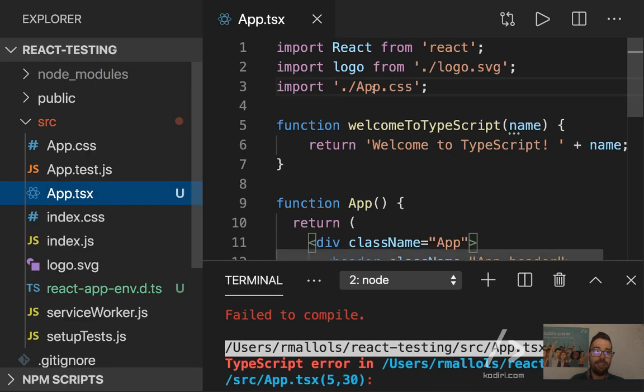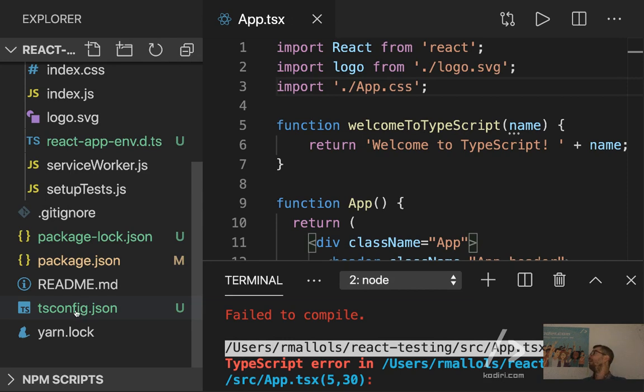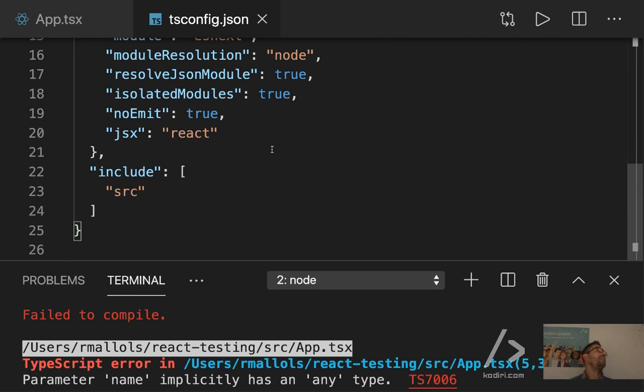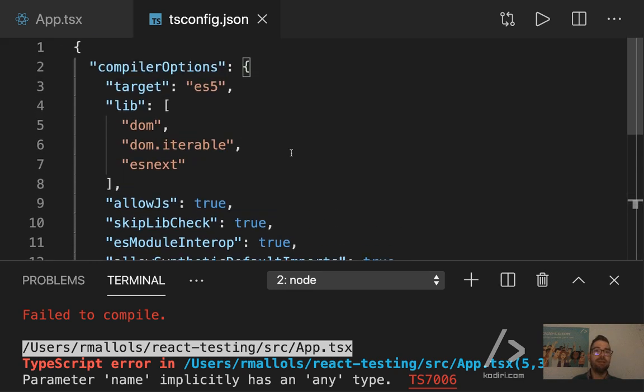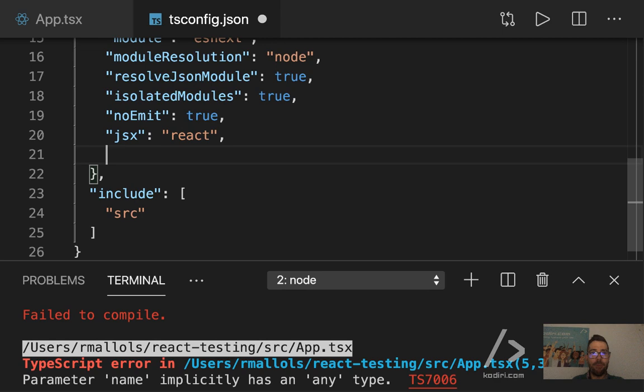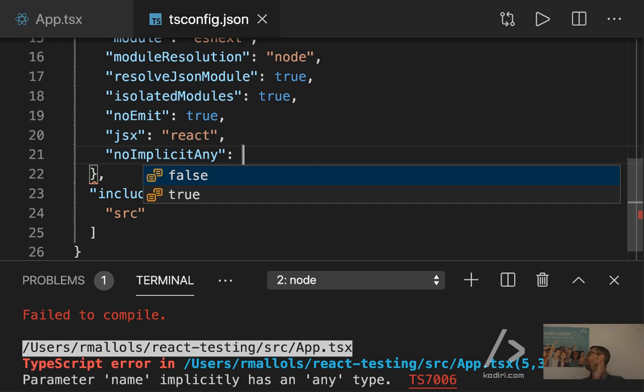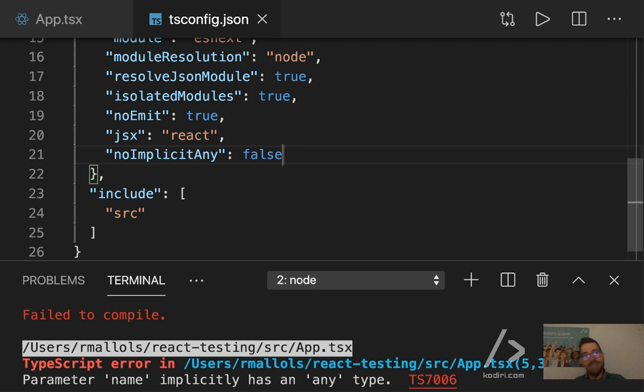So I told you before that when you install TypeScript, it created that file, tsconfig. Here is where we can specify the behavior of TypeScript within our application, how strict it's going to be. And there is a property I'm thinking of, though what I'm saying may not be completely accurate. If it doesn't work, I'll go to Google. As part of the compiler options, you can pass a property called noImplicitAny. So if you add that property, noImplicitAny, and you set the value to false, that means